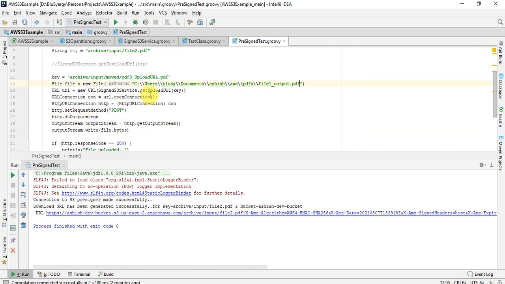So I'm using this upload URL method, and I'm generating the URL, and using that URL I'm doing a simple HTTP connection, making a post request, and in the output stream I'm just passing the file which I want to upload using that URL. Okay, this is basically an API to